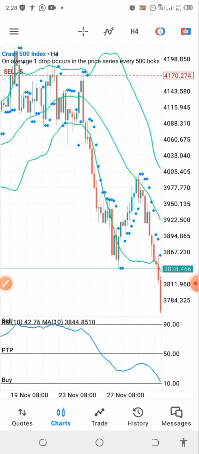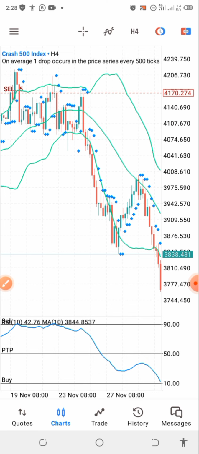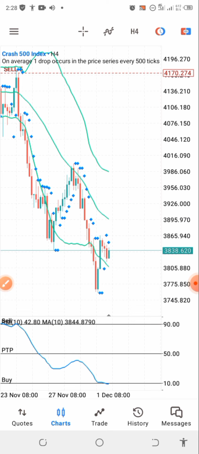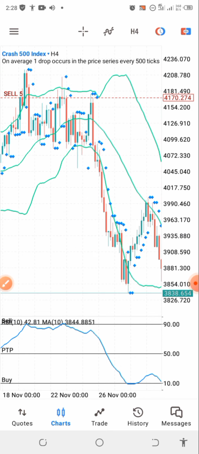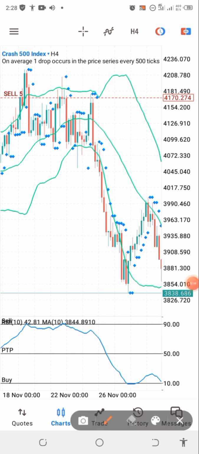Now, this strategy is mainly used on the 5 minute time frame. If you want to scalp, that is not normal scalping, but it's also called scalping. But if you want to swing trade with this strategy, which means holding trades, then this strategy is also for you. You can see right here where I took the trade. It's a sniper entry, guys.